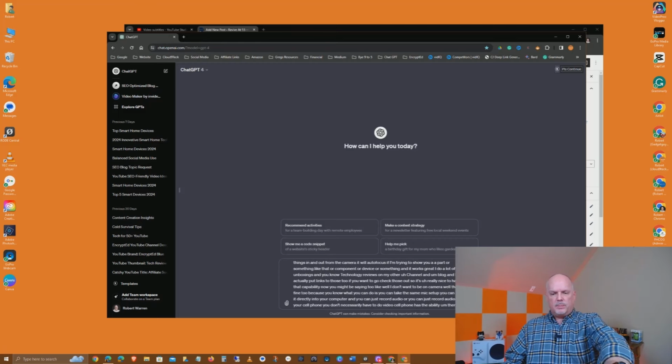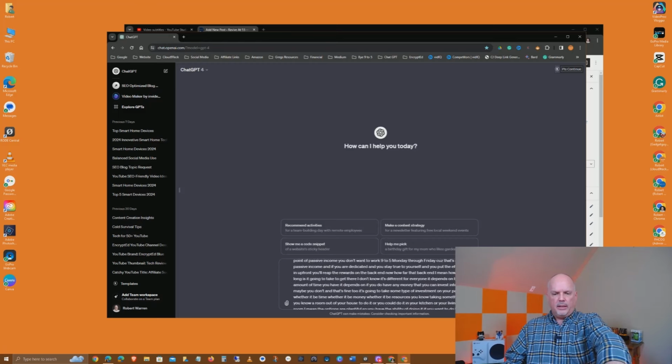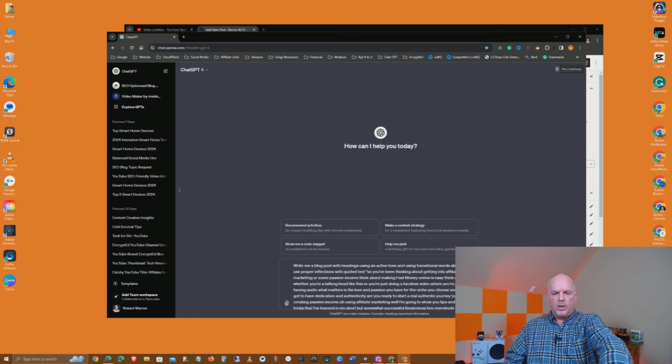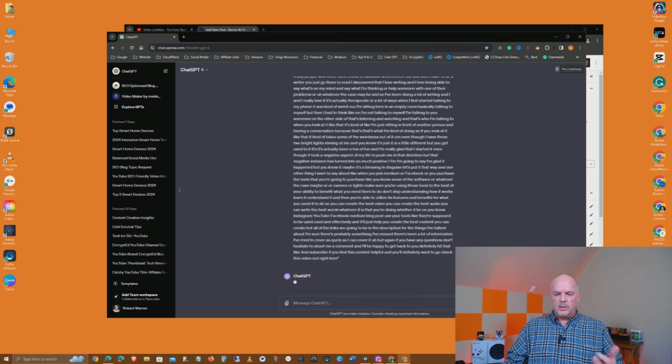And I've just pasted it in here and I've given it this command to write me a blog post with headings using active tone and using transitional words, also using proper inflections with the quoted text. So I'm telling it that with this quoted text that I've given it, I want it to create this. So now I just hit the arrow and say go.